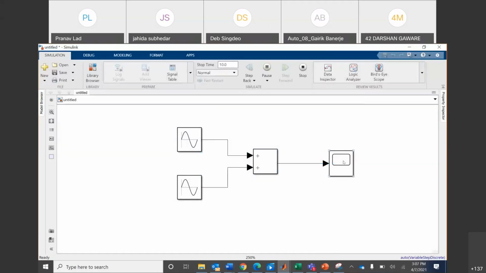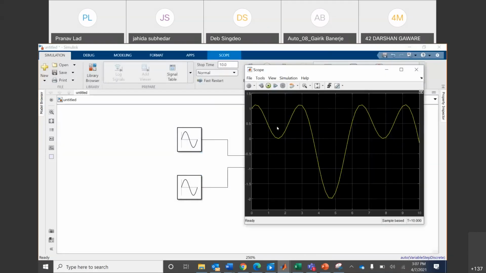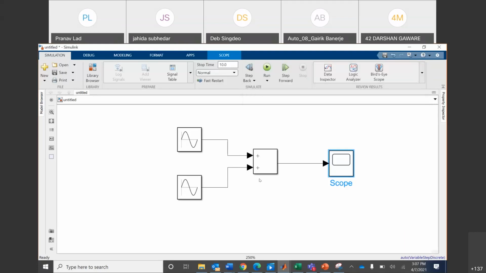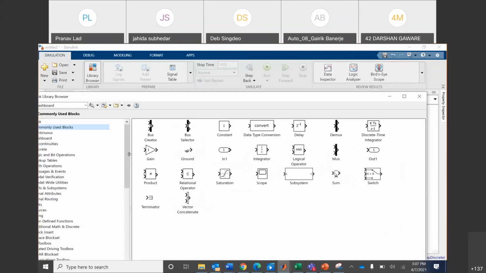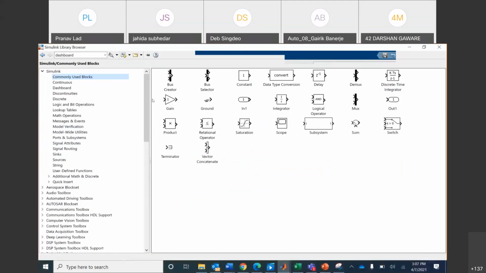Let's see how it looks. You see, it's a sum of two sines. In fact, a sum of sine and cosine, because we changed the phase of the sine to 90 degrees, right? So this is how the signal looks. Now you can use these sorts of signals in your actual device and try to make things work in whatever way you want, right? So this is how Simulink generally works, where we take different blocks and start working with them.